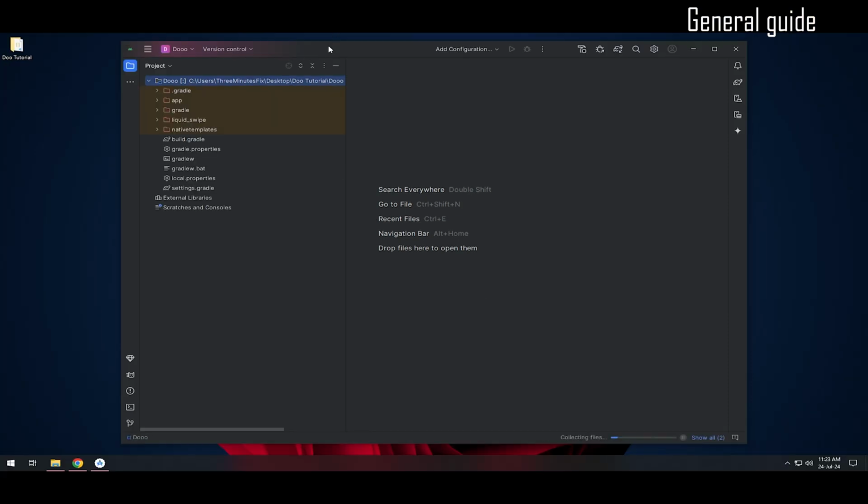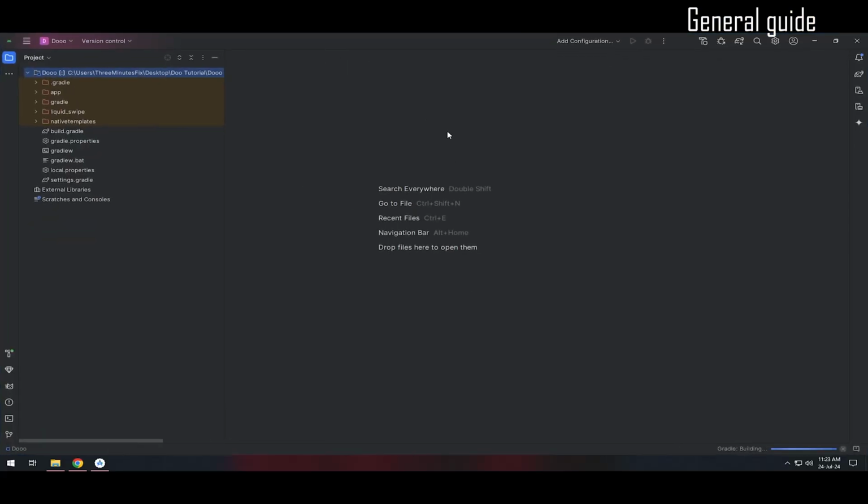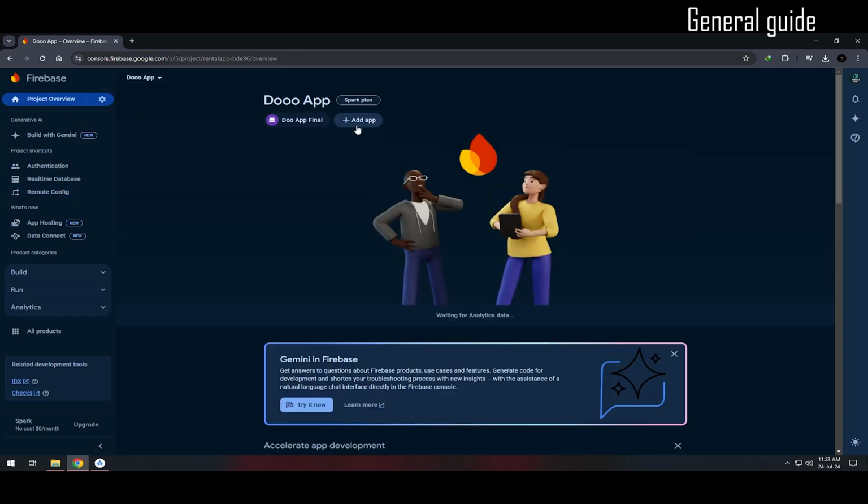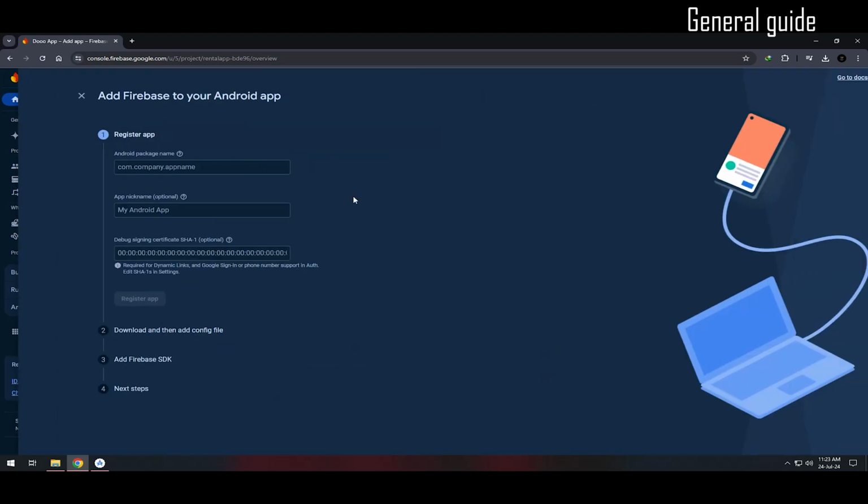While Gradle does its job, you should go to Firebase and create a project to obtain your google-services.json file. The method is quite straightforward, but you need to finalize your package name before this step. I've taught this multiple times, so I skipped that part. In case you're new, just press the Add button in your project, and the project wizard will guide you through